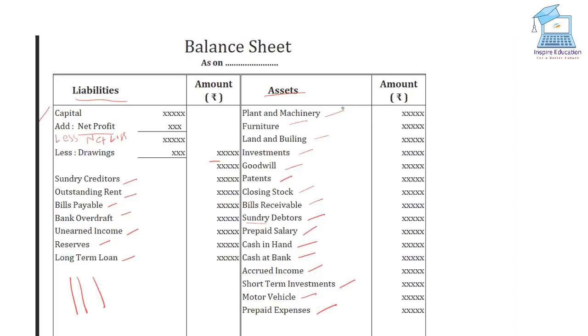So this is just a pro forma of a balance sheet. We will prepare the balance sheet like this, and the total of the liability side and the total of the asset side should be equal. In the balance sheet, liability must be equal to the assets. This is the condition. So you will see in the balance sheet, assets and liabilities are posted and the total balance of liabilities and the total balance of assets are equal to each other.